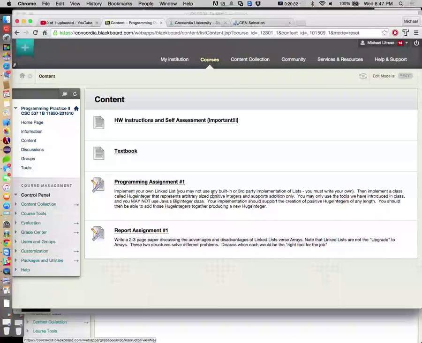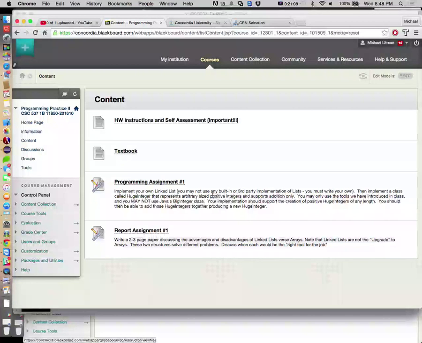You're going to be writing this huge integer class, and it's going to support just addition. Taking one huge integer, which is a linked list representation of a number, and another huge integer, add those together, producing another huge integer. Make sense? In order to pull that off, we need a place to store the digits of our huge integer. We're going to start building that tool today, then you can finish building it as part of your homework, but we'll get a good chunk of it done.